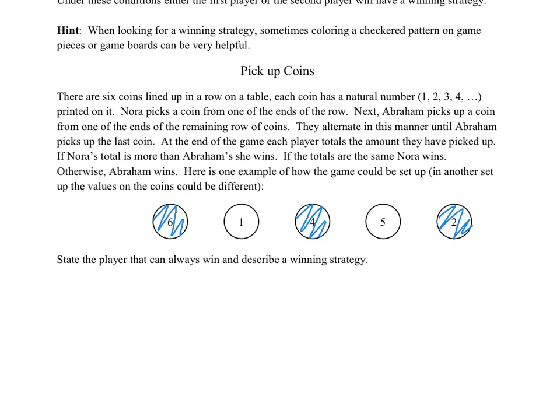Now notice that Abraham can only take blue coins. Since Nora took a white one, only blue is available to Abraham. Then Abraham would have to pick a blue one. Let's say Abraham chooses the 6. Then choosing the 6, it reveals a white one for Nora to pick up. This pattern continues on so that Nora could choose from the beginning of the game if she wants either all the blue ones or all the white ones.